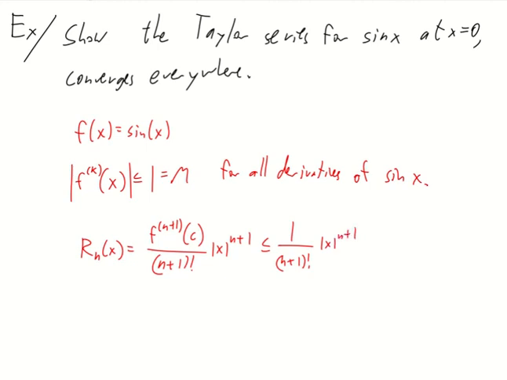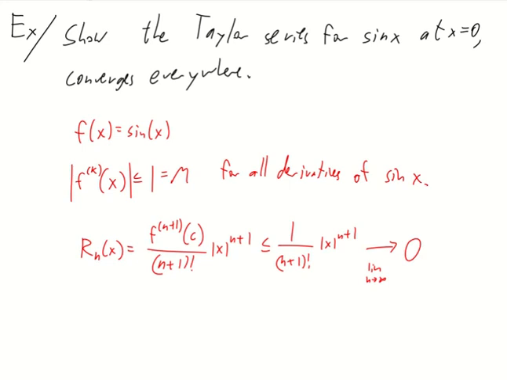this. And then in the limit as n goes to infinity, this is going to be 0. So by the remainder estimation theorem, the Taylor series has to converge, because I showed that the remainder goes to 0 using that M upper bound was equal to 1 for all values of x. Right? This is true for any value of x. It doesn't matter what x value I plug in, this is going to go to 0.